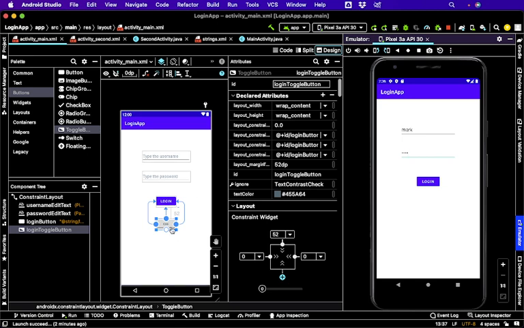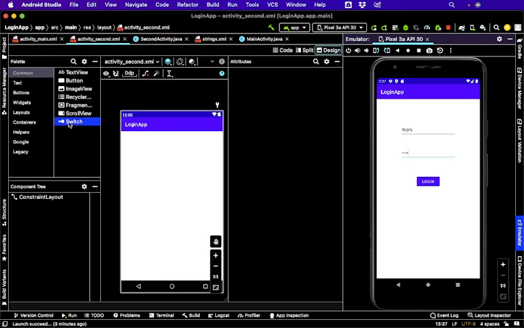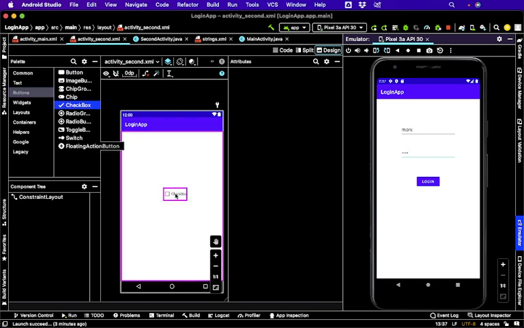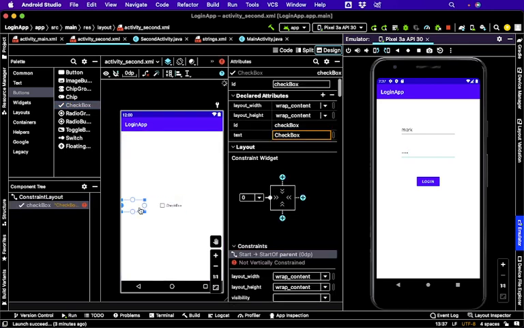Okay. And now we want one for the second activity. Let's also put one on the second. Just to have something different, do we use a switch or do we use a checkbox? Let's use a checkbox. Yes, so we can see an example of each one of them. So we have used three types. Not that it makes a lot of difference, but